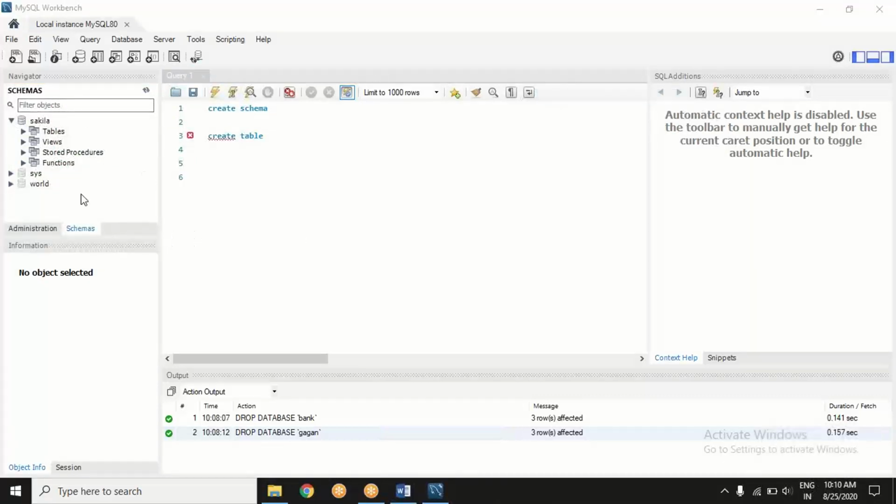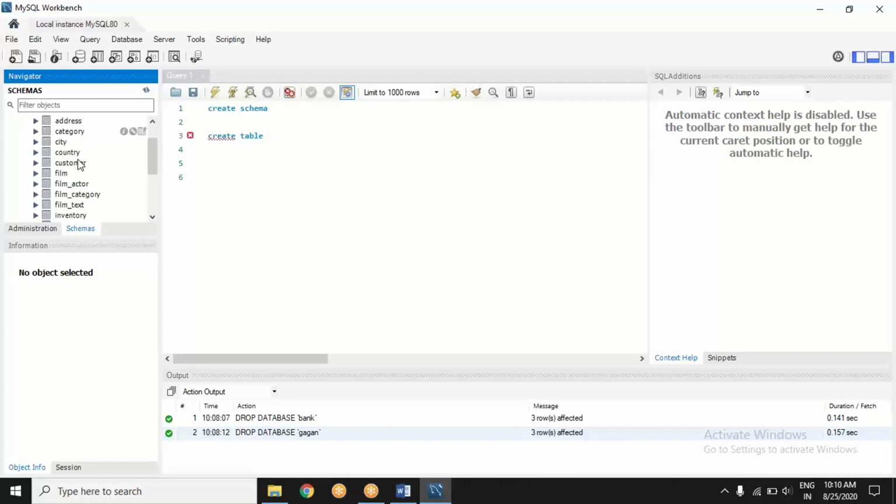Let's see a few things. Let's play around here. You click on this Sakila. There come various options: tables, views, stored procedures, functions. This small arrow sign gives this drop down. Click on this again, and you see there are several tables which exist in this Sakila. So this Sakila is a database which is here just for practice sake, for taking examples and for playing around.